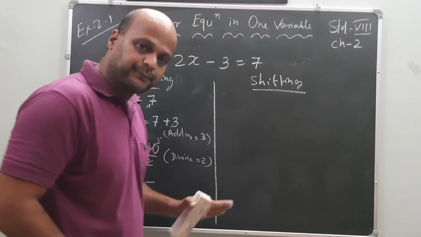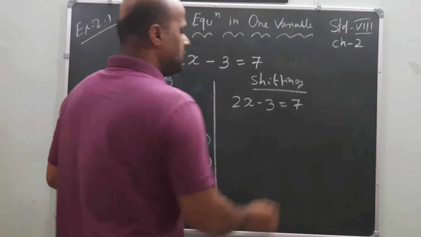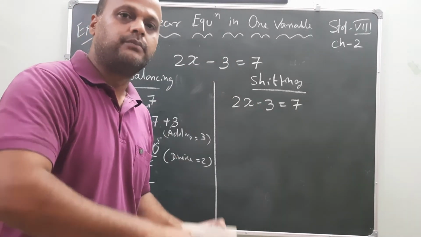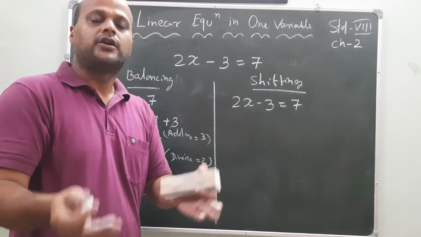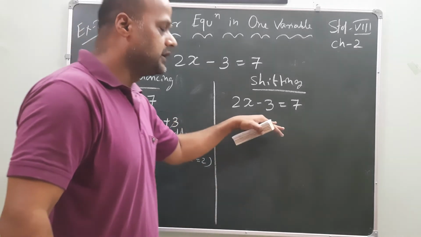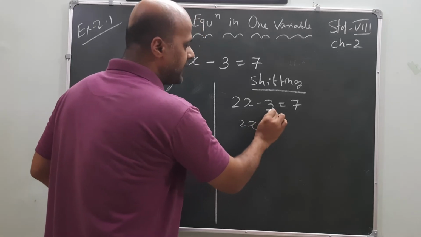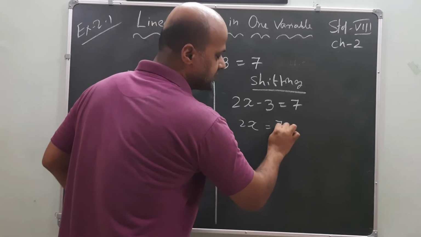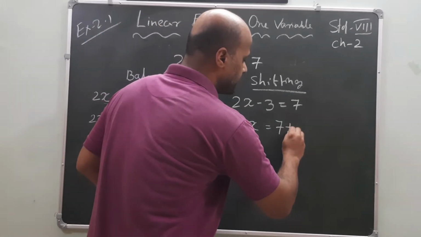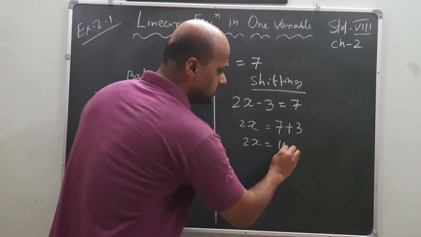Now come to the shifting process. 2x minus 3 is equal to 7. In this shifting process, it is very, very important that all the numbers go to the opposite side, and all the variables come to one side. Because only one variable is there and the rest are numbers, take the number to the opposite side. What will it be? 2x. If I take minus 3 to the opposite side of the equal symbol, what will happen, my dear friends? It will be converted into plus. Understood? So 2x is equal to 10 here.